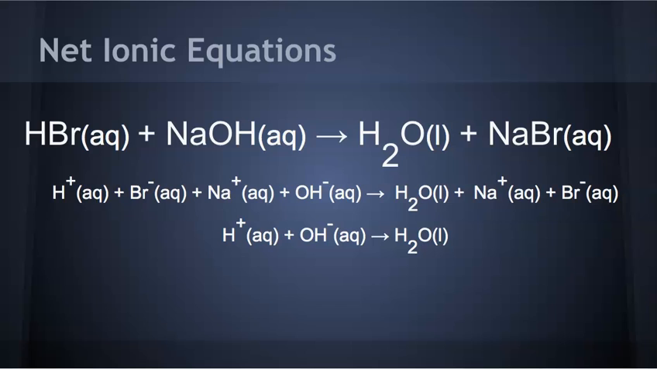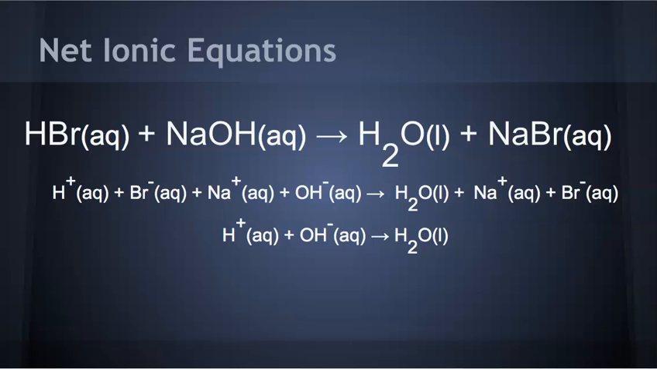The really nice thing about acid-base reactions is that they always have the exact same net ionic equation. It's always going to be H plus plus OH minus makes H2O. So if we look at our example here, HBr, hydrobromic acid, reacts with NaOH, sodium hydroxide, to make water and